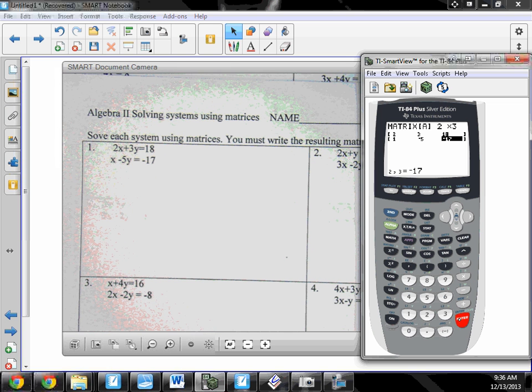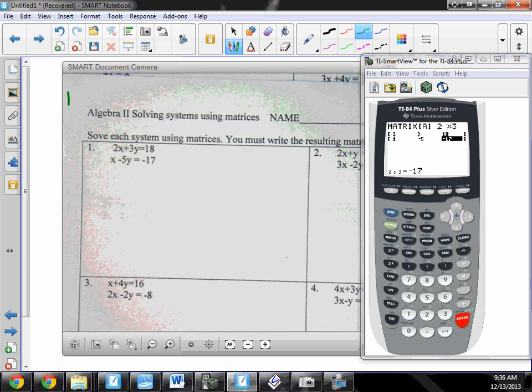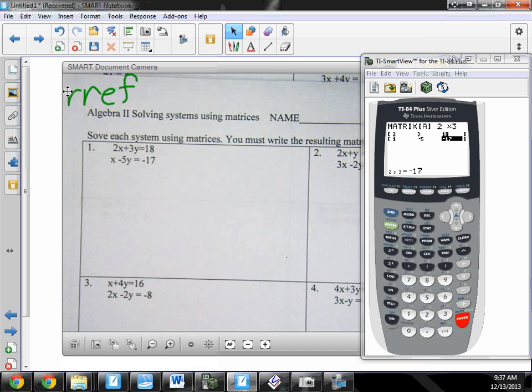So now I'm going to ask the calculator to do what is called reduced row echelon form, RREF. And there is a button that says REF, and REF will not do what we want it to do. Well, sometimes it will, but REF sometimes works, and RREF always works. So you need to make sure that you exit out. If I push RREF right now, it's going to replace this -17 with RREF. So push second, quit,